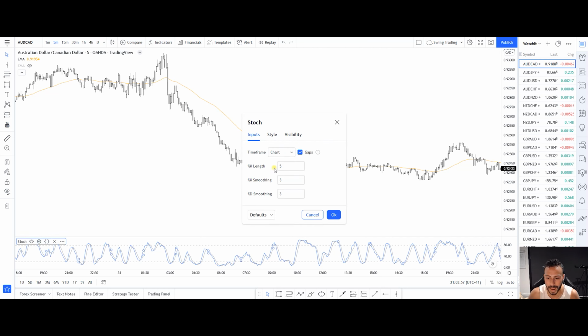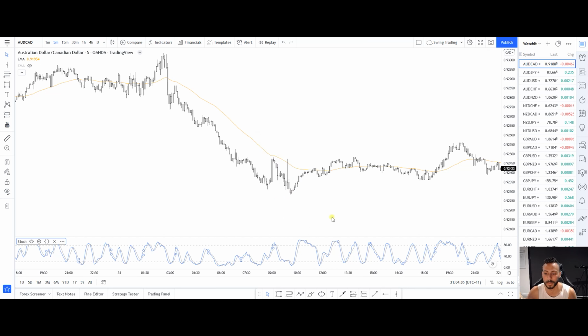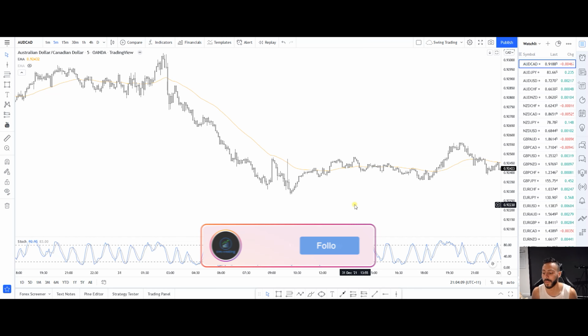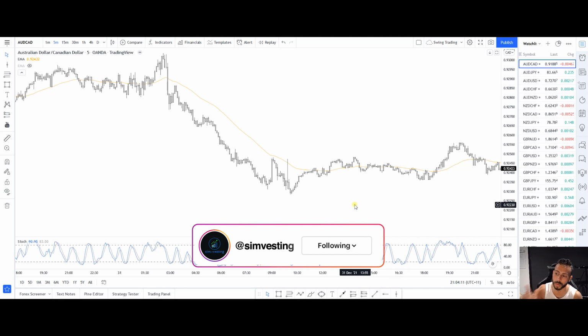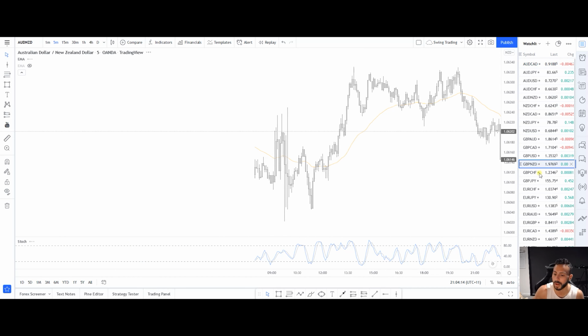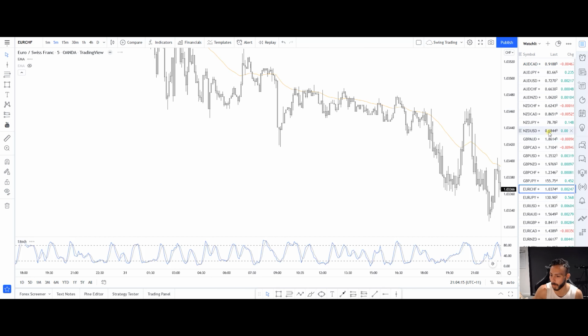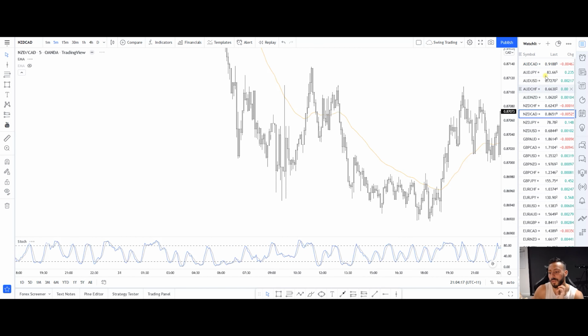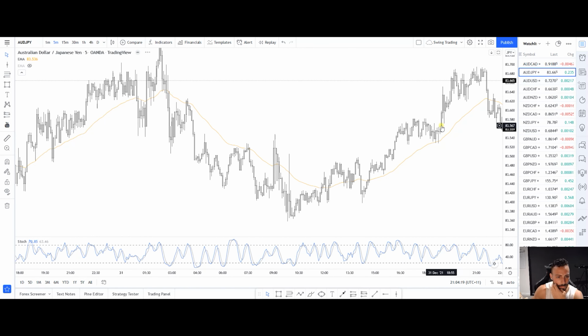For this one, we want to add a 5, 3, 3 input, and literally this one works the best with these numbers. Okay, I've charted out a lot. These numbers work the best. So step one of the rule, make sure you're on a 5-minute time frame. Doesn't really matter what sort of currency pair you want to be using. They all essentially work the same way, but make sure you're on a 5-minute time frame when you use these